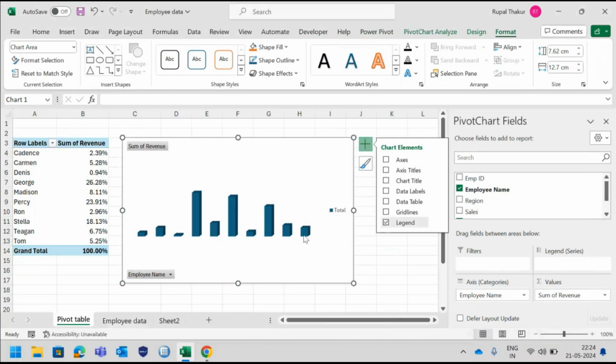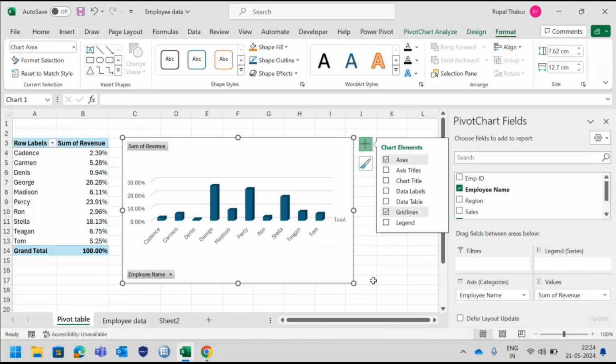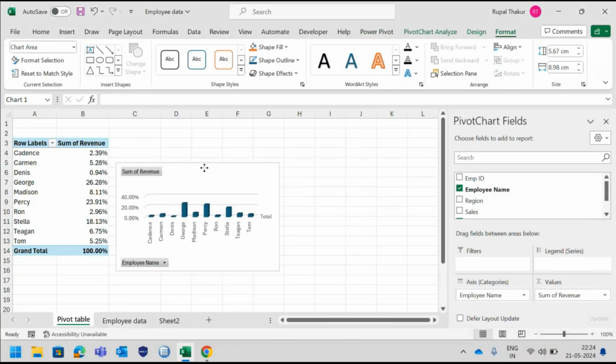The legend is basically which represents which color is representing which thing. This color is representing the total, the blue color. So this is the legend. If you want to keep it, you can just keep it. Otherwise, click on legend and that will be gone. So again, it is up to you what things you want to keep inside your chart and what your requirements are. The grid line right now is looking good. Axis might work. Yes, that's all I need. I can just make it small or the way I want it to be, this way,